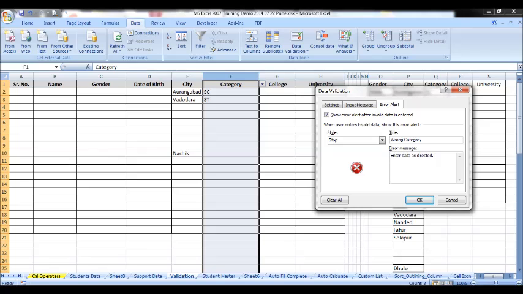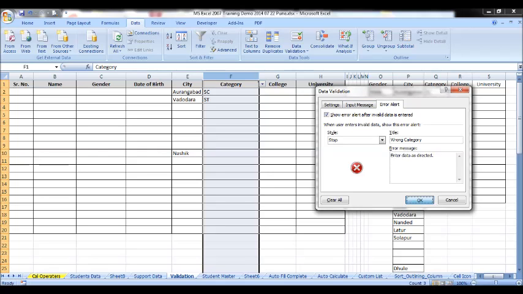You have set the error message with title, that is wrong category, and the error will pop up saying enter data as directed. Where you have directed is here in input message against category field, and it will appear as enter data from the drop down list only. Once these two things are over, click on OK.